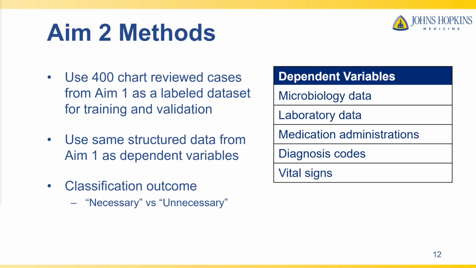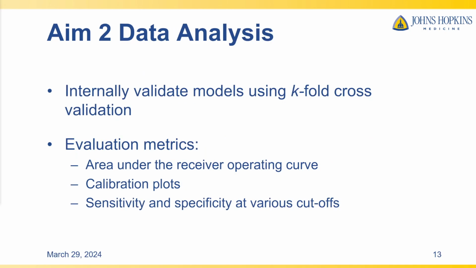The same structured data from aim 1 will be used as dependent variables. The classification outcome for the models will be whether the course of vancomycin was necessary or unnecessary. The models will then be internally validated using k-fold cross-validation. During validation, metrics such as area under the receiver operating curve, calibration plots, and sensitivity and specificity will be used